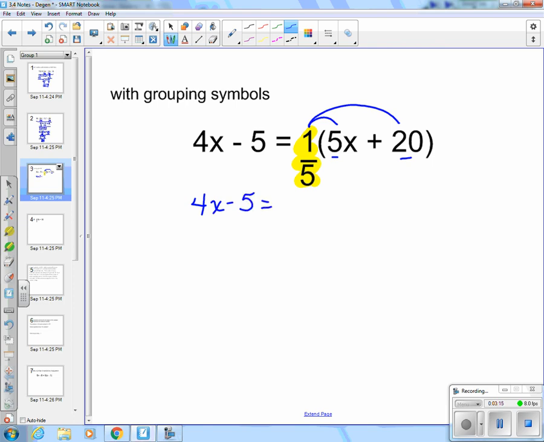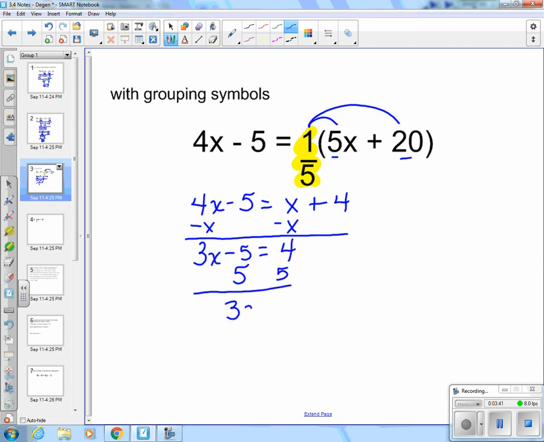4x minus 5 equals, then we will have 1x plus 4, because the 1/5 times 5 is 1, and 1/5 times 20 is 4. And now again, we will be getting our variables all to one side, so that we end up with 3x minus 5 equals 4. Add 5 to both sides, and have 3x equals 9. And when we divide by 3 on both sides, then we have our x equal to 3 as our final